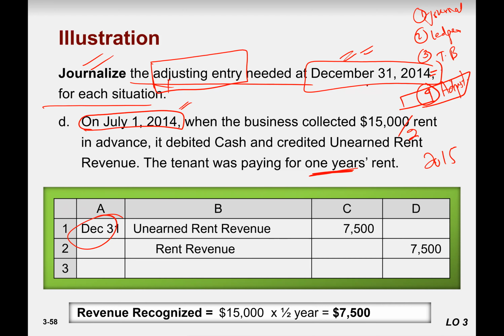As you are closing your business to find out your business performance through the balance sheet and income statement, you need to close down the books for 2014. So how much do you take out from this 15,000? Only 7,500 belongs to